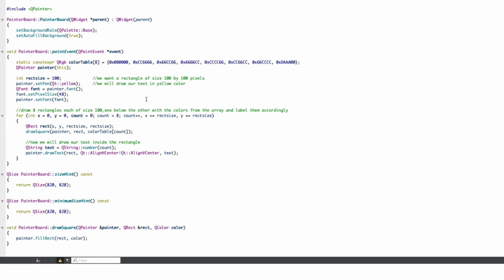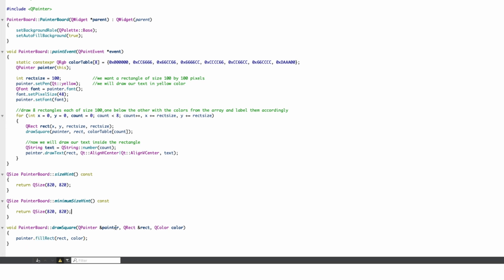And all we are doing is we just set the font size to 48 pixels, and as I said, we are using the QPainter class. This is important here. Inside the paintEvent method, we use the QPainter class, and we just loop through the color table, and we call a method called drawSquare, which is just a simple method which calls fillRect.